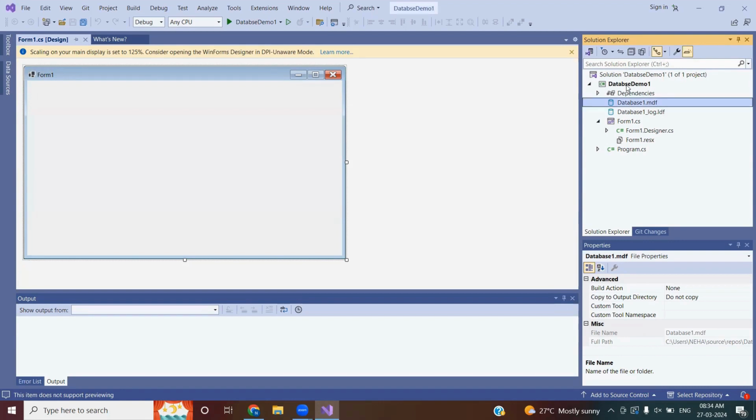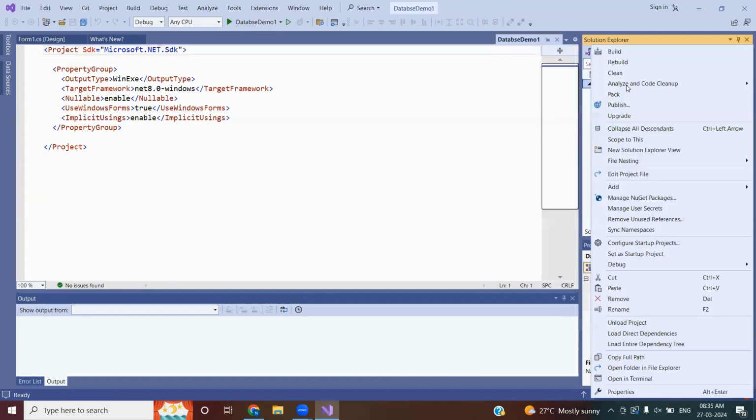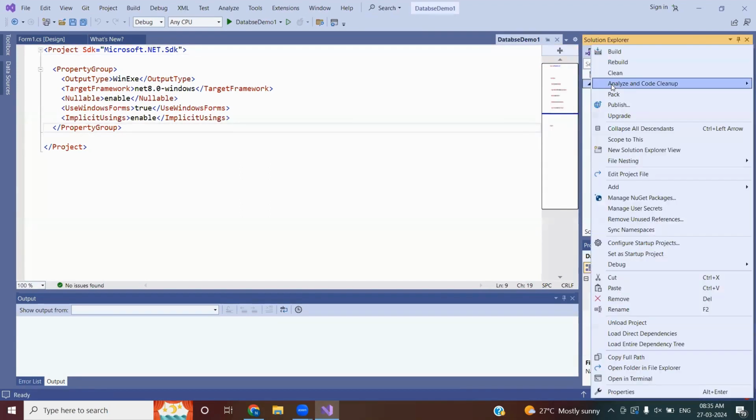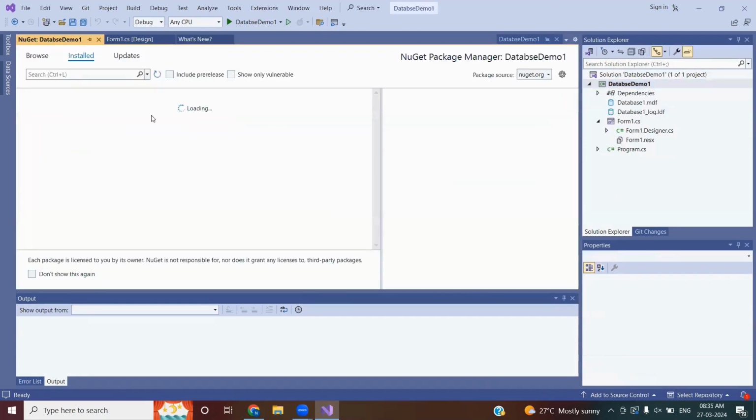Now what we need to do is add a reference for this SQL Express. Right click on the database demo project in the Solution Explorer. Click on Manage NuGet Packages. Here you can see the Browse button. Click on Browse, and here just search for the